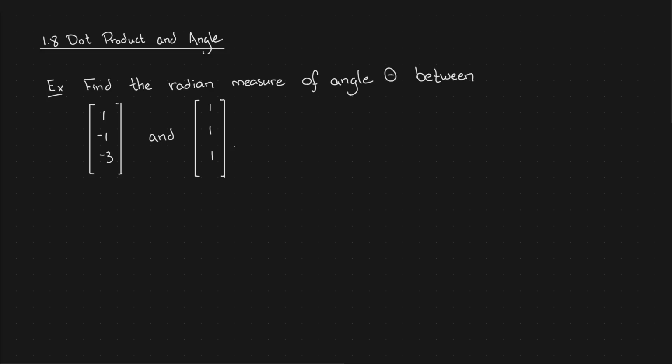So let's take a look at an example. Let's find the radian measure of angle theta between two vectors, vector 1, -1, -3, and vector 1, 1, 1. So we know that the dot product between two vectors is the product of the norms of those vectors